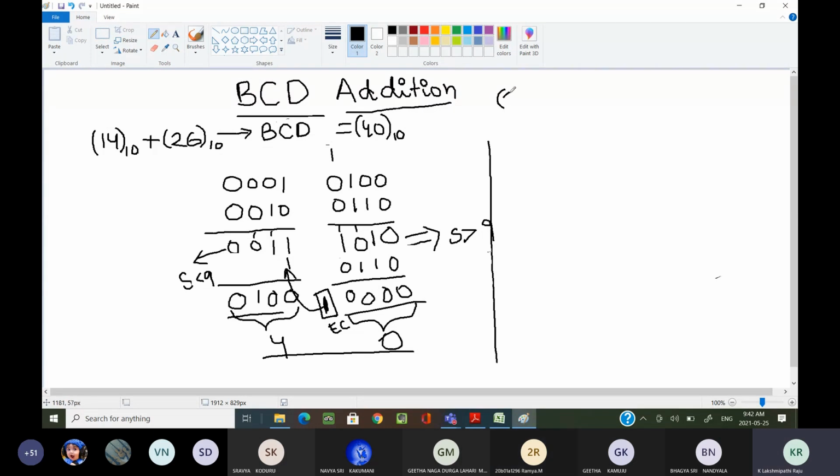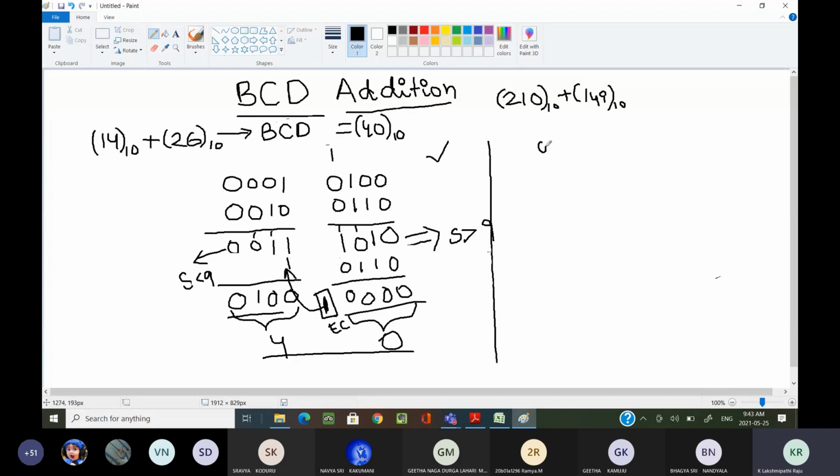Okay, 210 plus 149. Here I have considered a 3-digit number, 210 plus 149 of base 10. The same way we perform it, whether it is a single digit or 2 digits, it is the same thing.